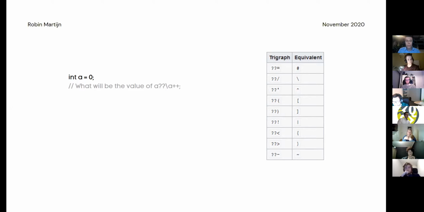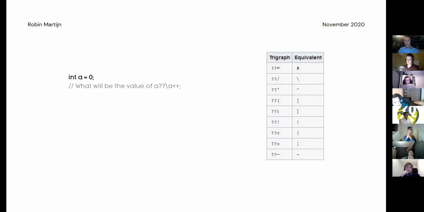This doesn't seem like a big deal, but imagine we had an if statement behind this. The whole if statement would be put in the comment line and the code block will always be run, for example. Nowadays, you have to enable this. You have to put a -trigraphs flag in the GCC arguments, but it was standard behavior in the GCC compiler.